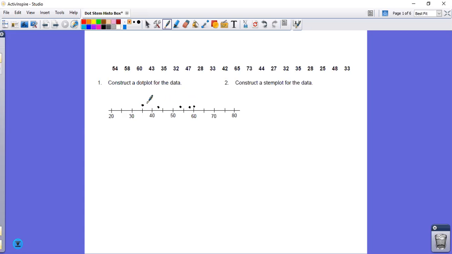35, 32, 47, 28, 33, 42, they're pretty tight together. 65, I was trying to get to one where it repeats. 73, haven't had 73, 44,